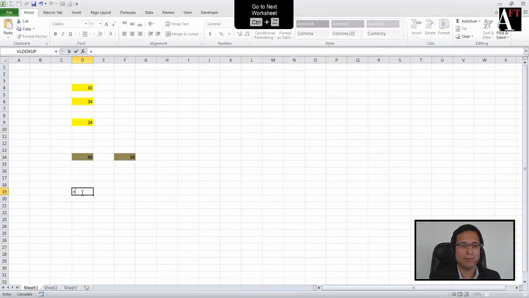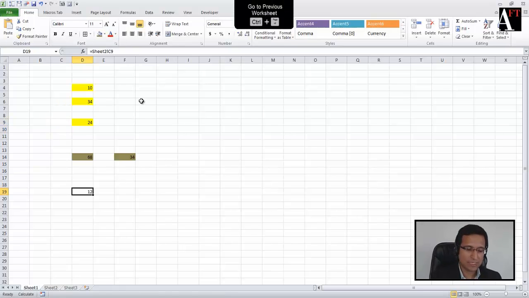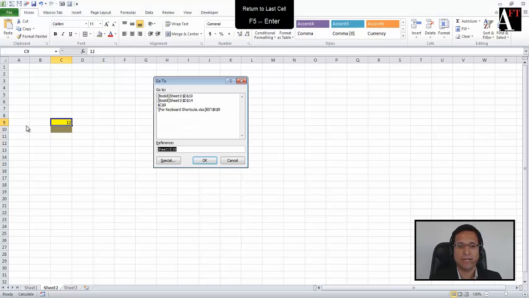If you have linked some numbers from some other sheet, now let's say we have linked C9 here. Now I am using control and open square bracket and it takes me to cell C9. I want to go back to the cell where I started from. So I'm pressing F5, which allows me to go to, and you can note that the last cell from where I had